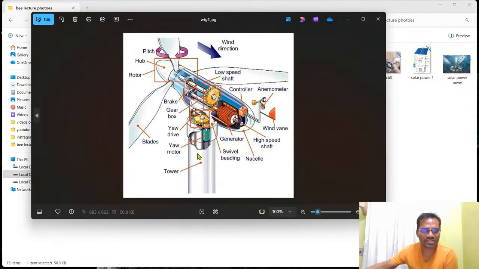So this is how physically it will be there. And you can see here your blades can be 360 degrees rotatable. This is called the mechanical brake. This is called the gearbox, and all these gearboxes are connected to the generator. And this is nothing but pitch control. I mean the blades can be 360 degrees controllable,